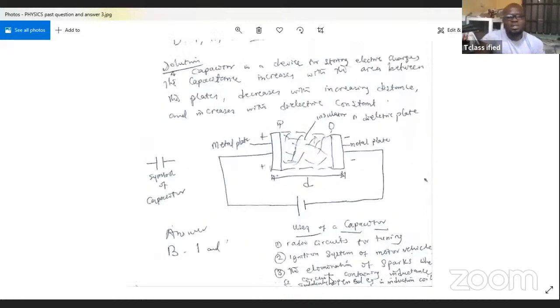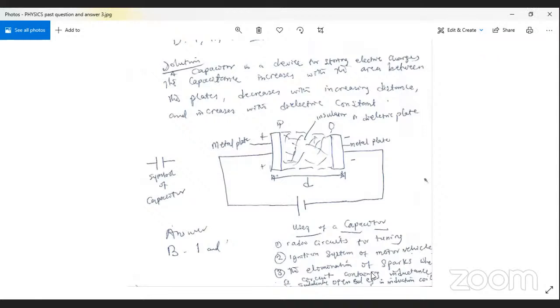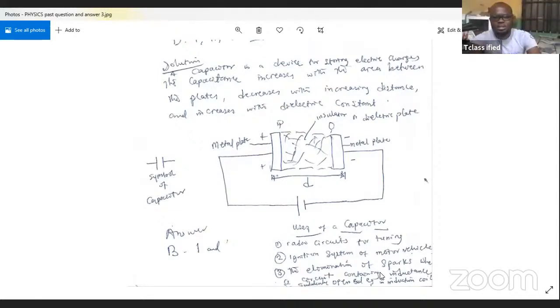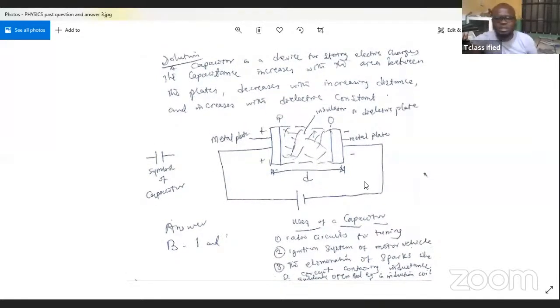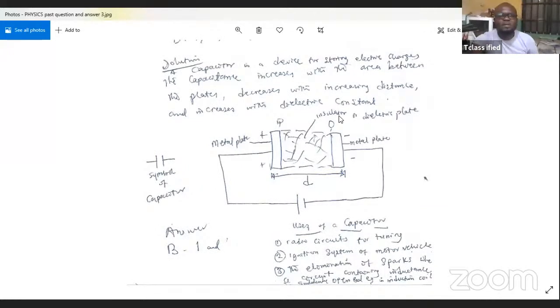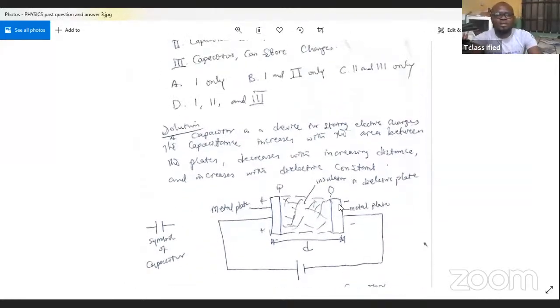So what can you use the capacitor to do? You can use it to tune your radio circuit. You can also use it in the ignition system of motor vehicles. You can also use it to eliminate sparks in circuits that have inductance. Okay, so from the foregoing,